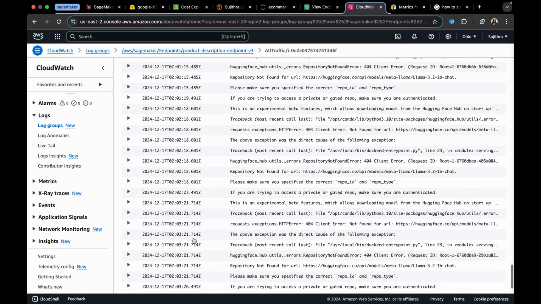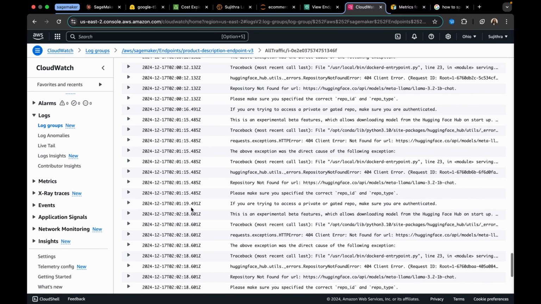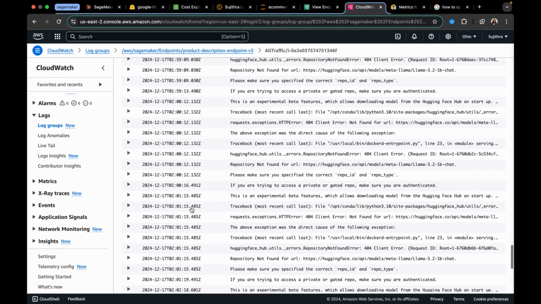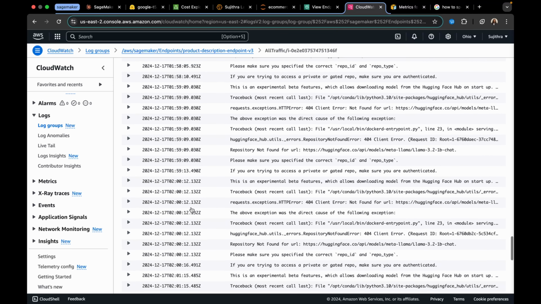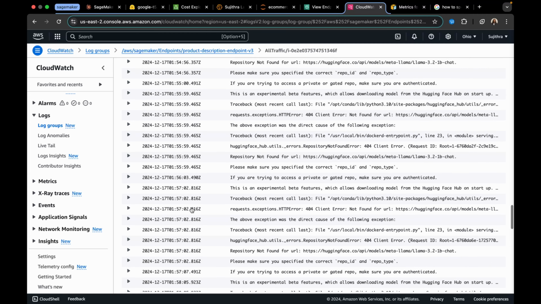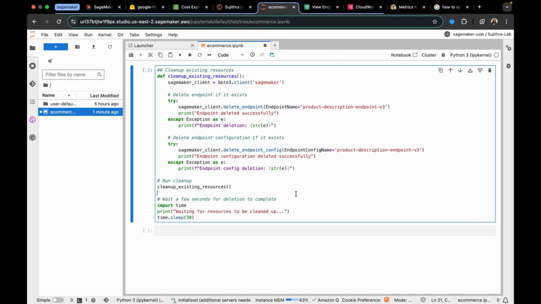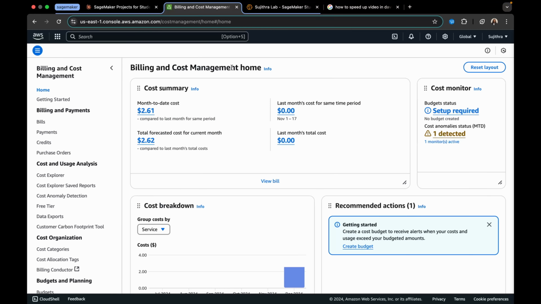Look at these log metrics. These logs show if your model loaded successfully. If you see any 404 errors or memory issues, they'll appear right here. Before you close the console, remember to always delete the resources and the endpoints. As you can see, the total cost for this project stayed well within our budget, making it practical for both